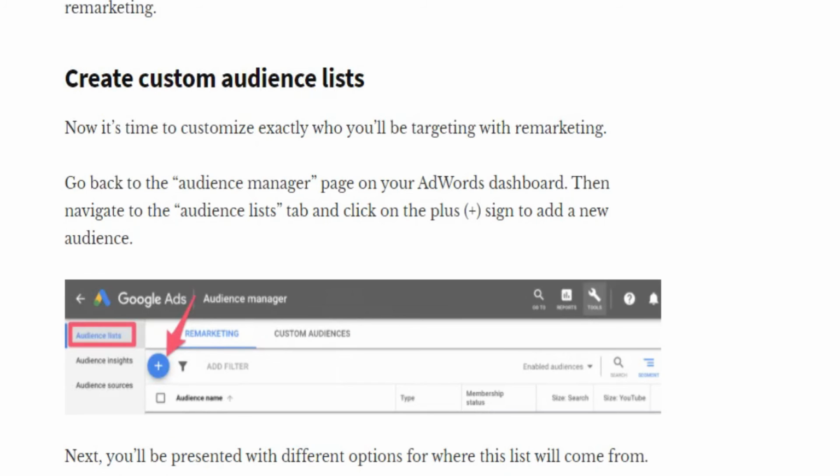Create a custom audience list. Now it's time to customize exactly who you will be targeting with remarketing. Go back to the audience manager page on your AdWords dashboard, then navigate to the audience list tab and click on the plus sign to add a new audience.